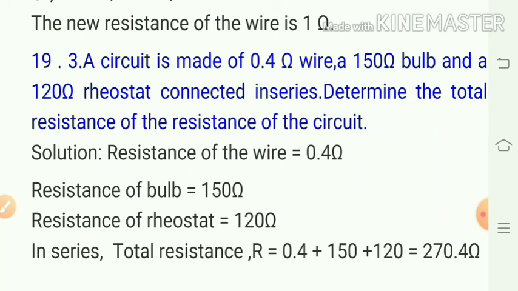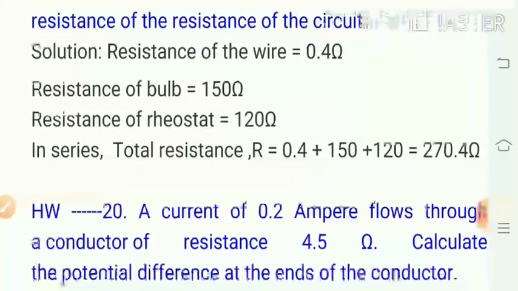According to the given values, resistance R is 0.4 ohm, resistance of the bulb is 150 ohm, resistance of the rheostat is 120 ohm. In series, total resistance will be R is equal to 0.4 plus 150 plus 120, that becomes equal to